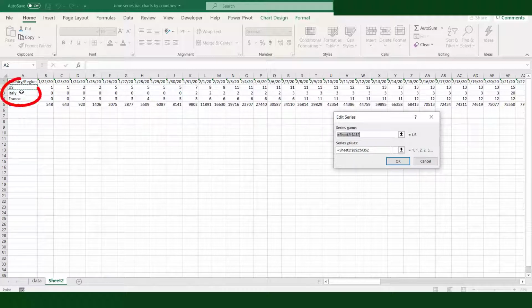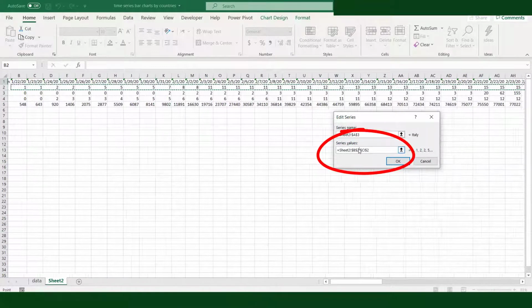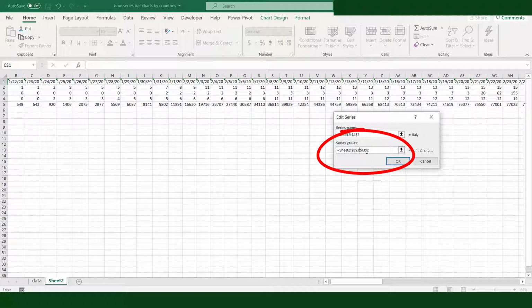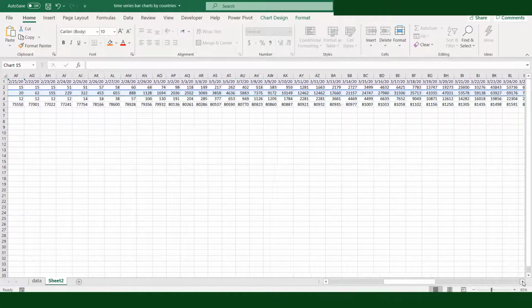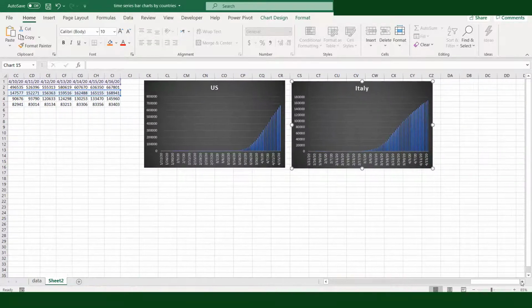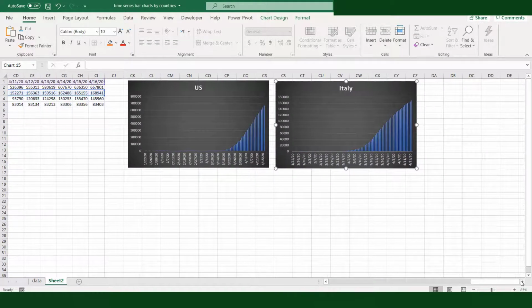Since we'll make chart for Italy, click the cell of Italy. The series name will change its absolute reference to cell A3. Change the series values into absolute reference of D3 to CI3. Click OK. There are changes in chart data ranges and the legend entries. Again, click OK. Go to the right and you will see the proper bar chart for Italy with different title